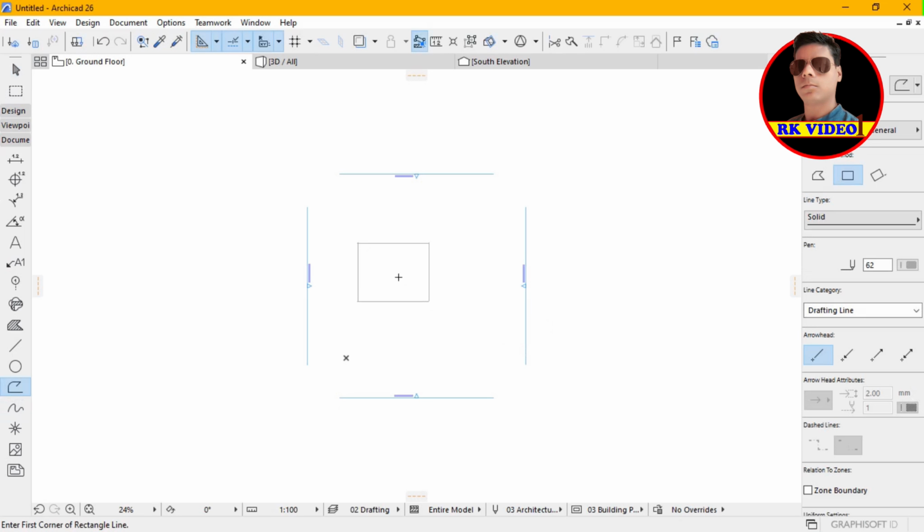Here we take a polyline. It saves time. First of all, create a rectangle, square, and here the center. You can also sketch a line and make a center, and after that create another rectangle. Here, and now